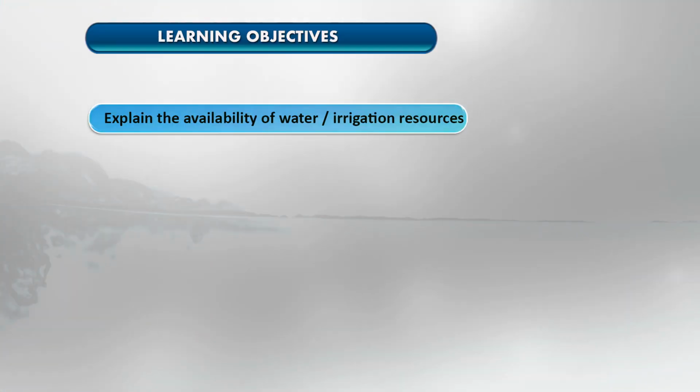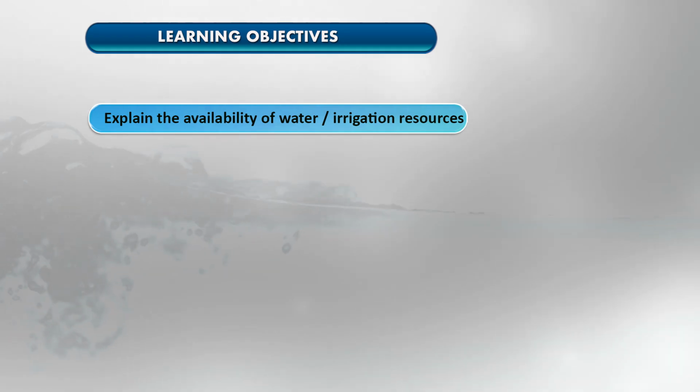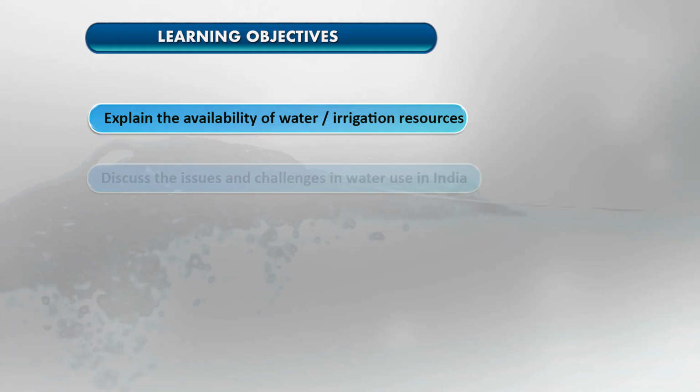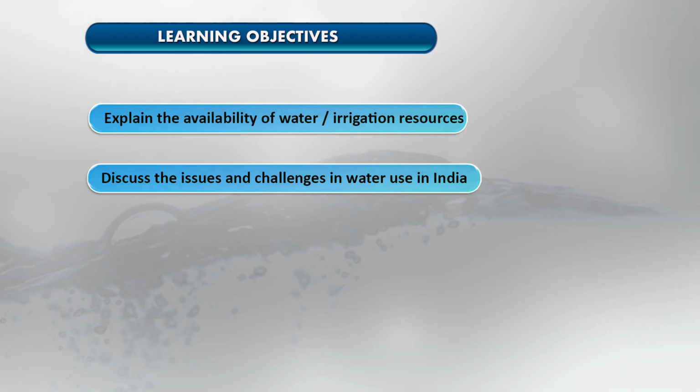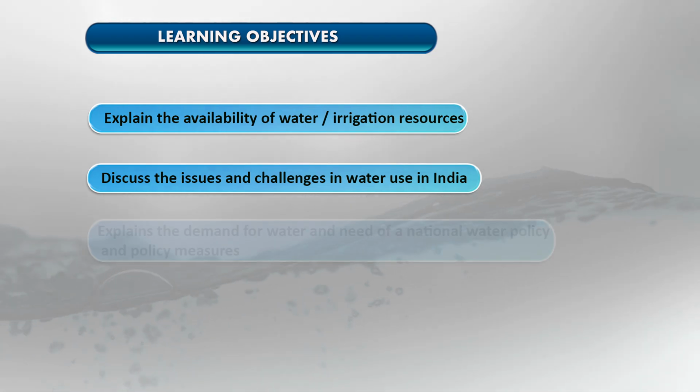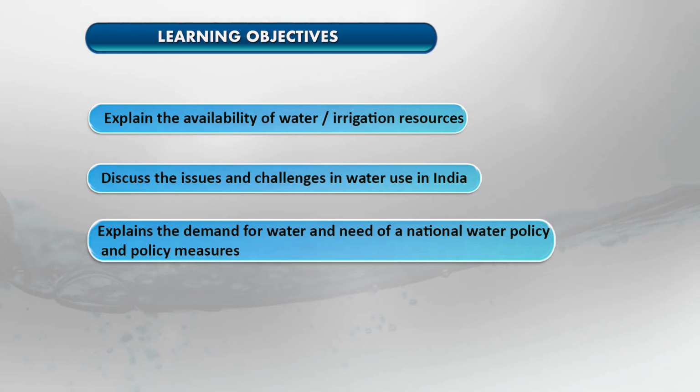in water utilization, as well as the different policy measures which have been implemented for the water sector, and the different policy measures which we may need in future to maintain the water resources. The learning objective of this session is to explain the availability of water and irrigation resources, then discuss the issues and challenges in water use in India, and explain the demand for water and the need for a national water policy